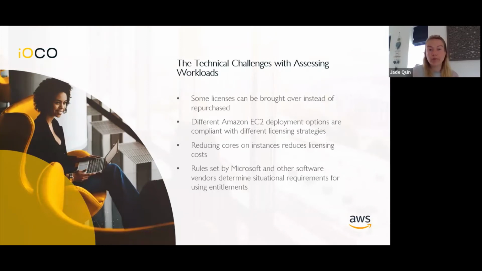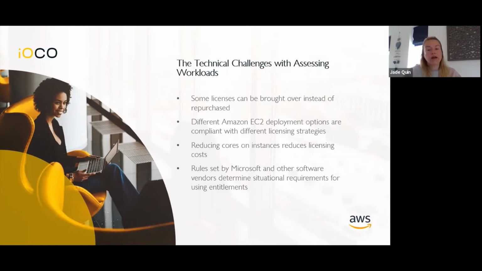There's no point us presenting a low cost, bring your own license solution if you don't have the correct licenses to take that option. We also want to reduce cores on instances, as we mentioned before, which is automatically going to reduce those licensing costs without any further technical